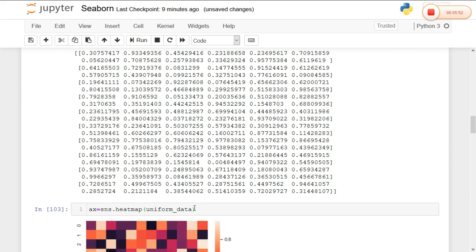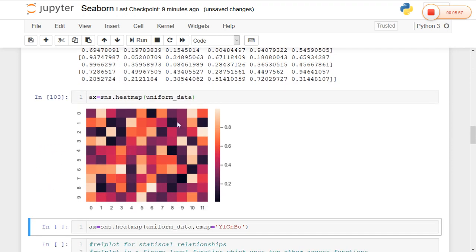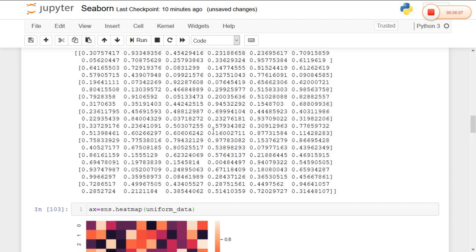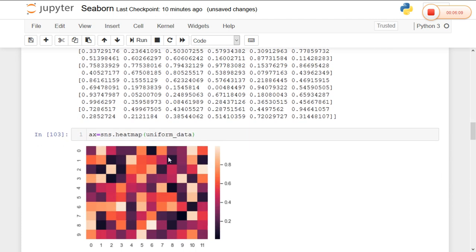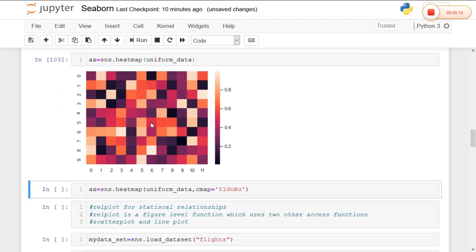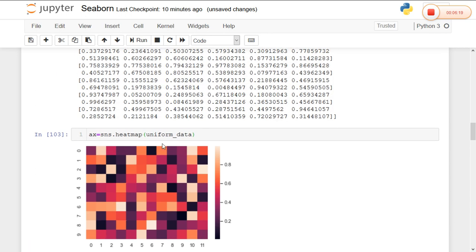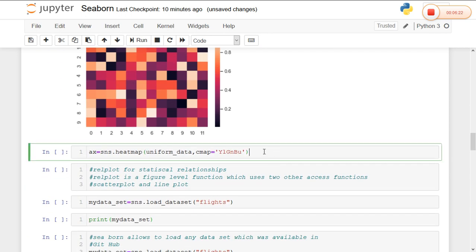The important part is a heat map. For all the variables which we have taken, we can plot what is called a heat map. This type of heat map is very effective in medical image processing. Whenever we are getting results about any cancer dataset which contains n number of values, we can perform a heat map plot by which we can assume in which area the cancer was projected. We can also change the color of this heat map. The parameter we pass is cmap, that is yellow, green and blue.